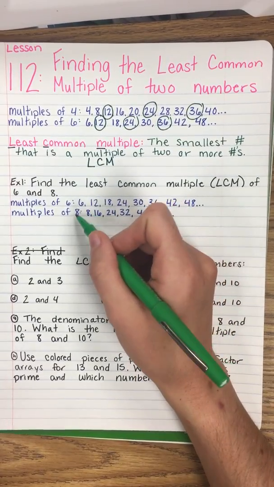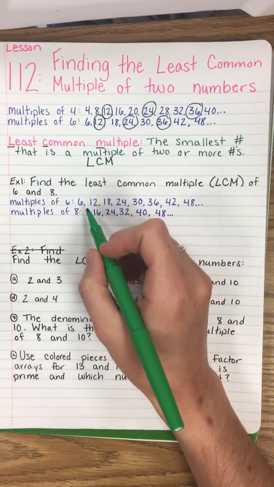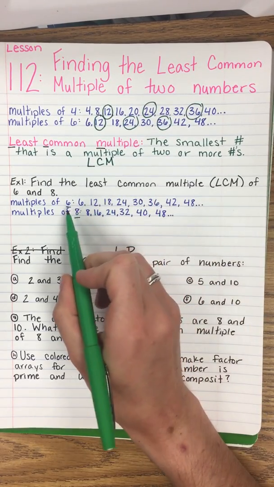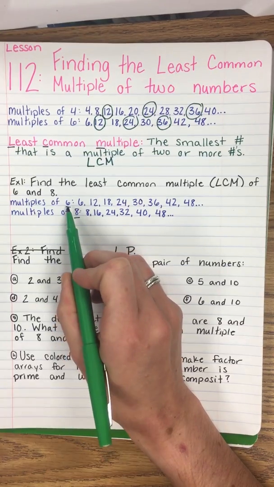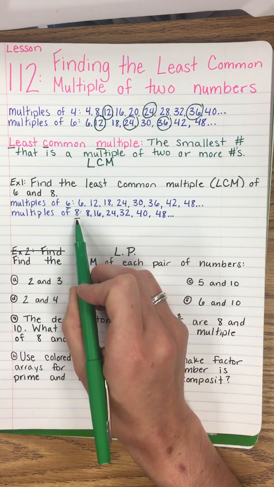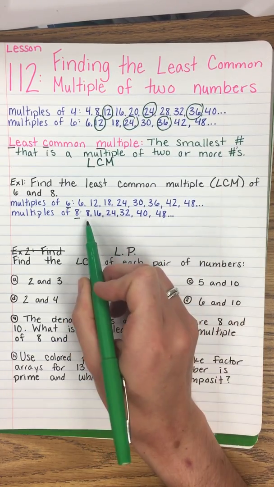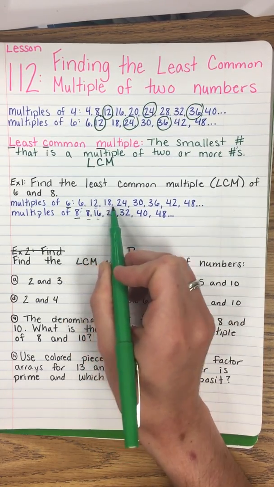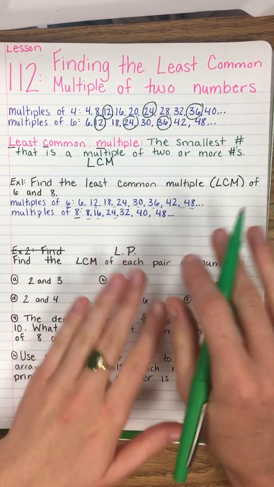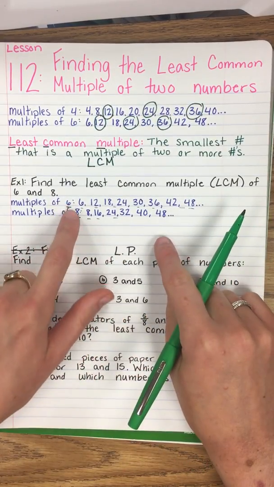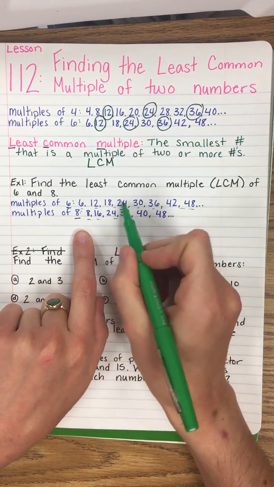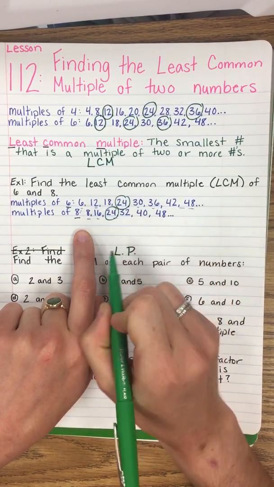A trick that I always use when finding the common multiples of two numbers, like 6 and 8: go from 6 all the way up to whatever 6 times 8 is, and go from 8 all the way up to whatever 8 times 6 is. So here you'll have 6, and here you'll have 8, because if there are no other multiples they have in common, sometimes the least common multiple of two numbers will be those two numbers multiplied together. So let's go through now and find the multiples that they have in common, 24 and